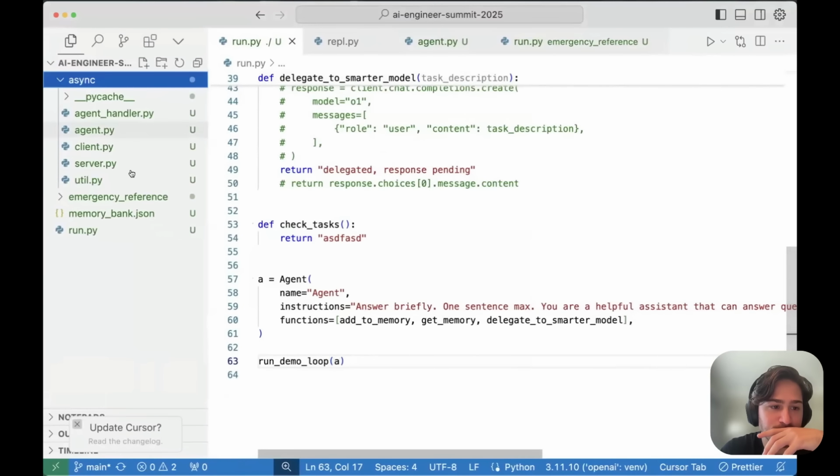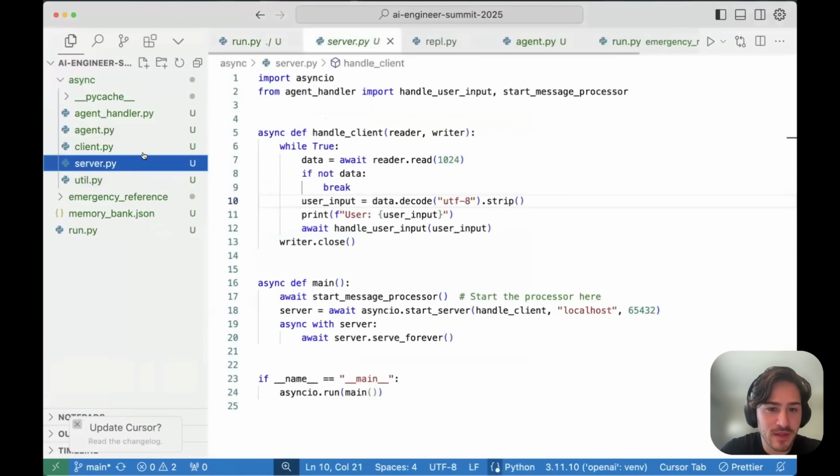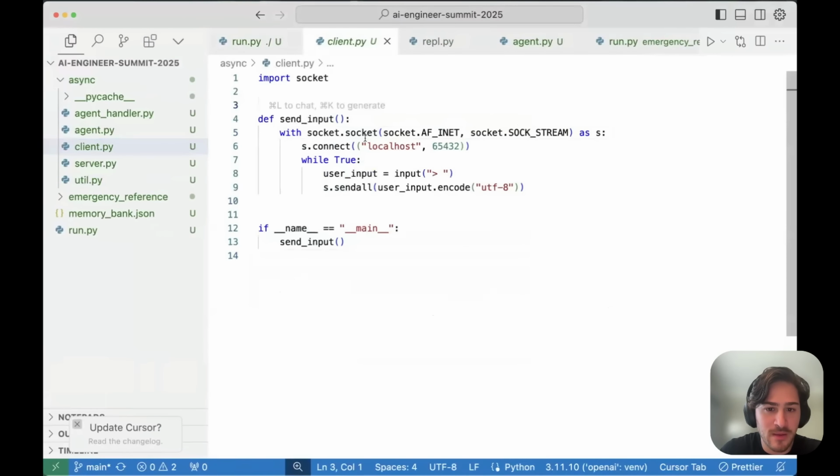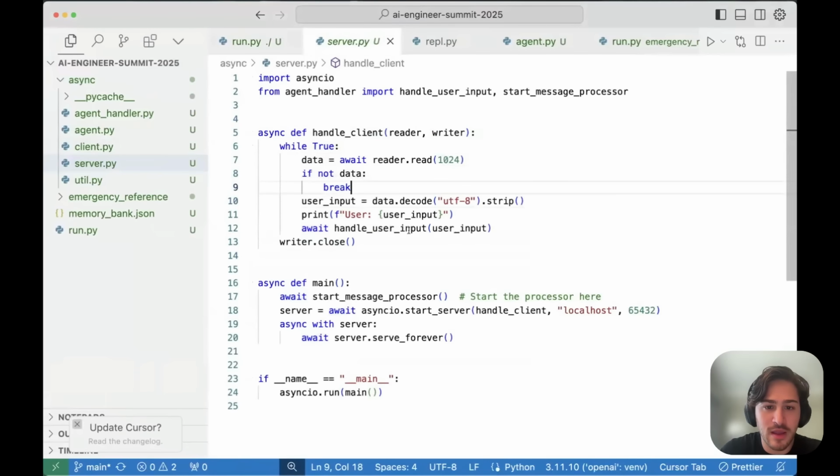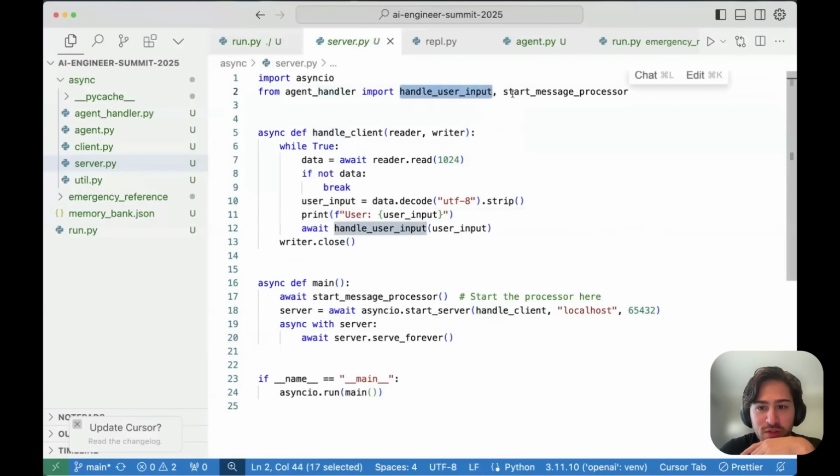Cool. It looks complicated. It's not really that bad. So I'm using WebSockets. Essentially what I'm doing, or sockets, sorry, is I have a server, and all it does is has a handle user input function and a start message processor. These aren't super important.